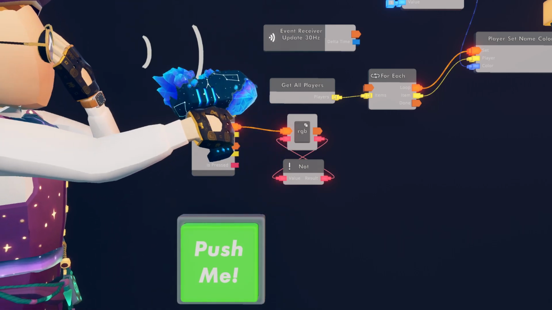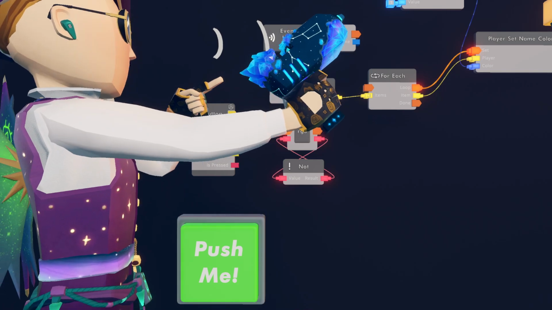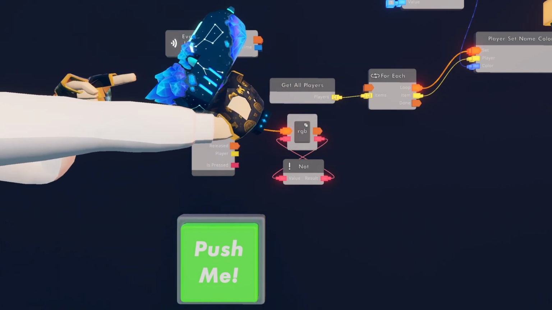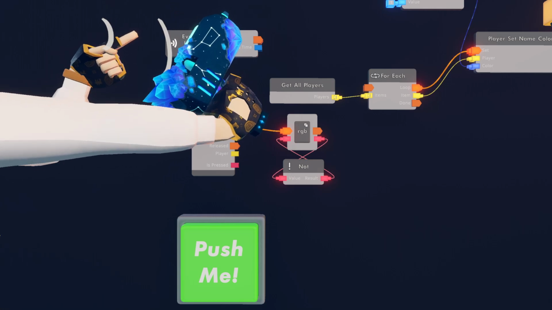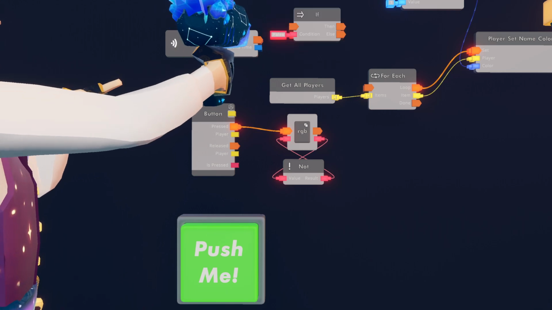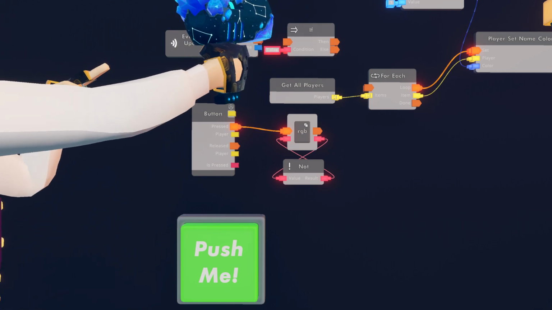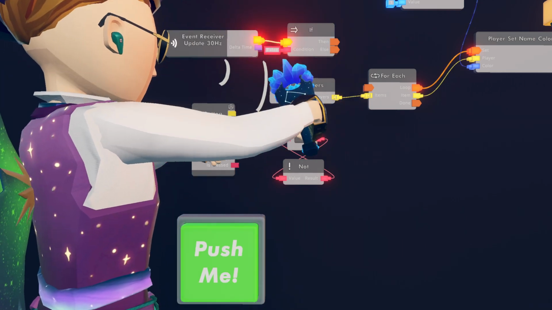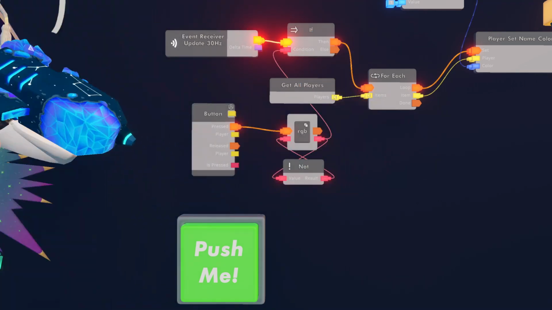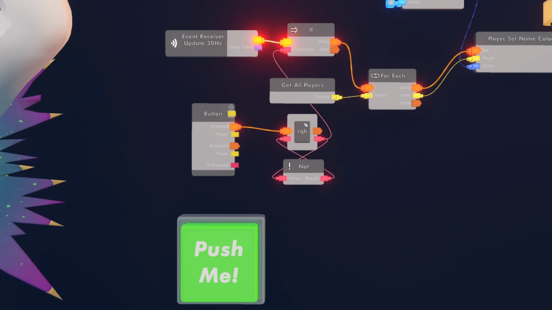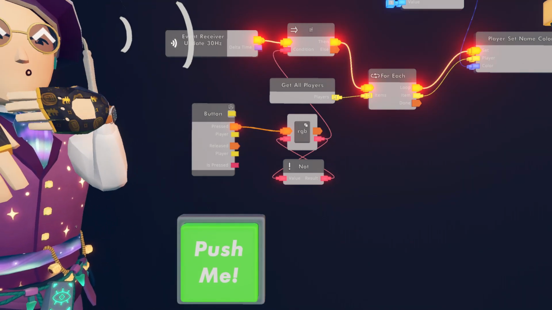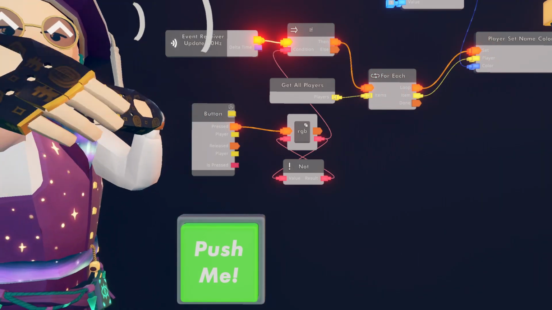All right. Then all we're going to do is add an if chip right after the event. And so if this variable is true, then it'll run the for each. Right now you can see all of our names are just red, but now when I click this, it will become rainbow. And when I click it, it stops.